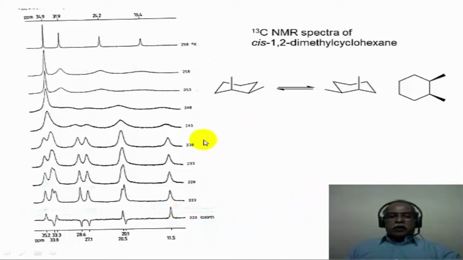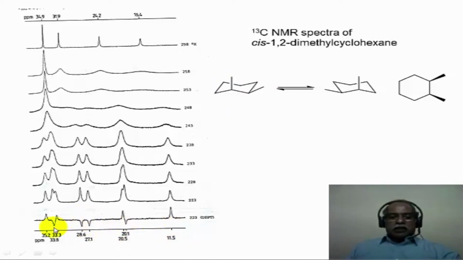So as I said, if this molecule were existing in a frozen state without the conformational interconversion, there will be a 1:1 mixture of these two isomers, which are enantiomers. Enantiomers are indistinguishable by NMR spectroscopy. They are chemically equivalent, so the chemical shift values of this equatorial carbon and this equatorial carbon will be identical. So one should see 8 signals in the NMR spectrum, of which 4 will be CH2 carbons, 2 will be CH carbons, and 2 will be CH3 carbons.